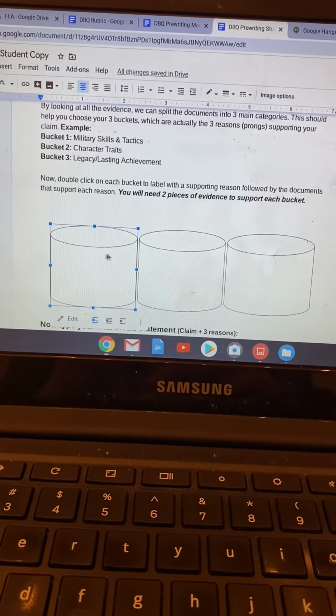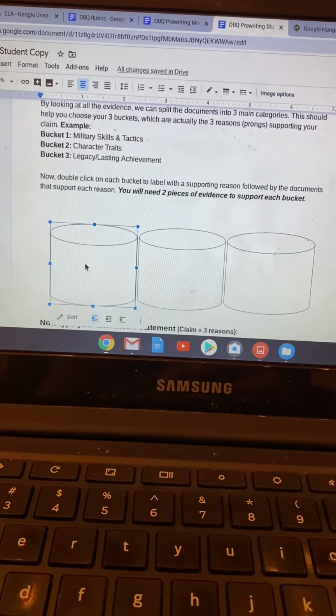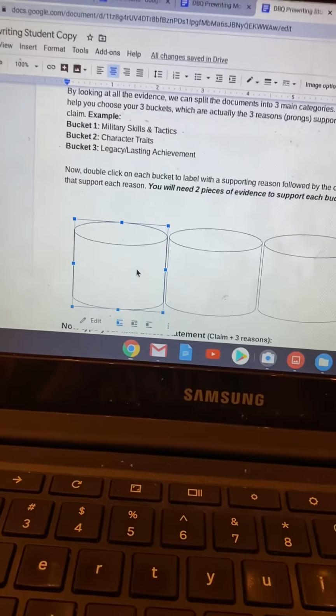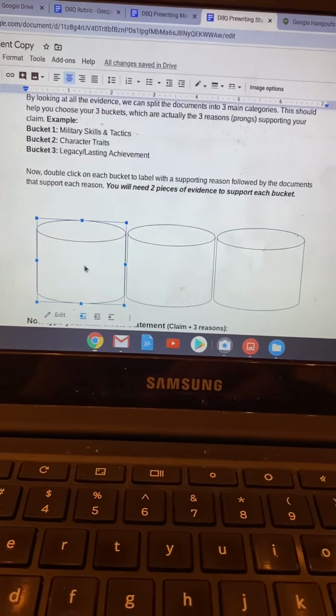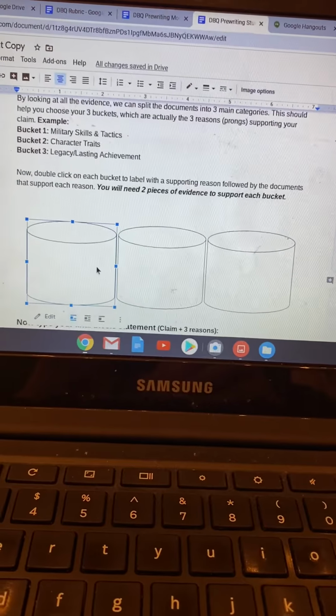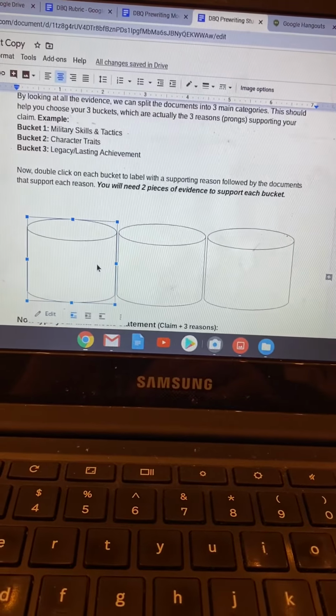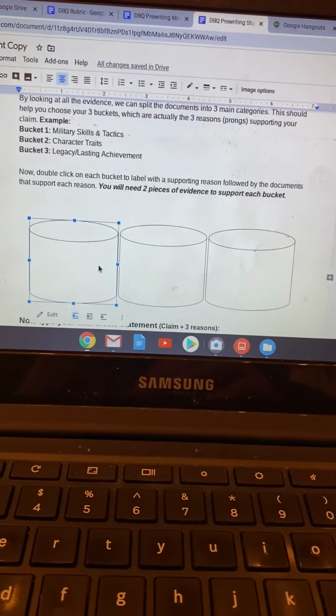So make sure in each bucket you have at least 2 documents listed, or if you're focusing on one document, you need to be able to pull multiple pieces of evidence from it. Okay? You can list 3. That doesn't mean you necessarily need to use 3 pieces of evidence in your essay, but of course, you are allowed to use more than 2 pieces of evidence.